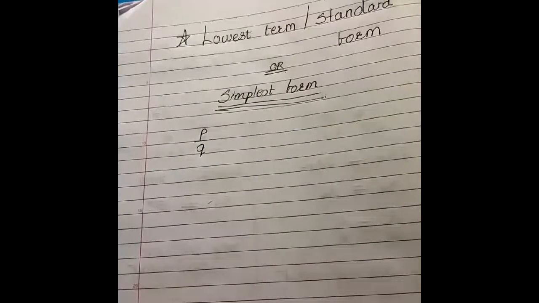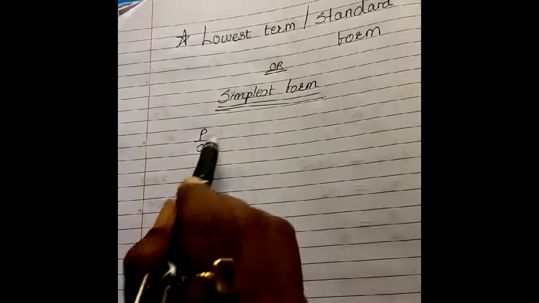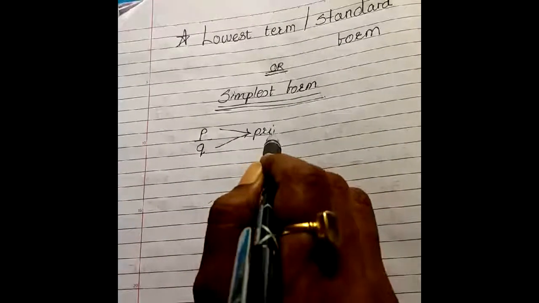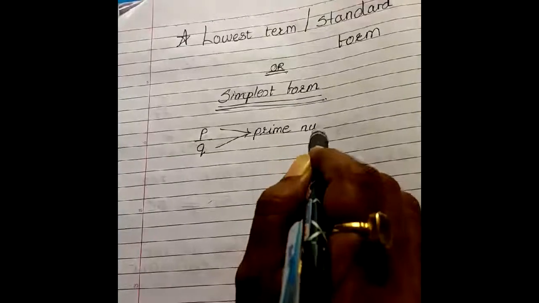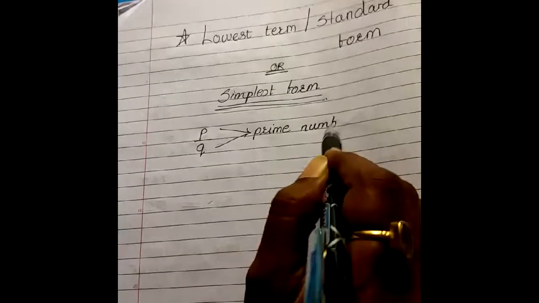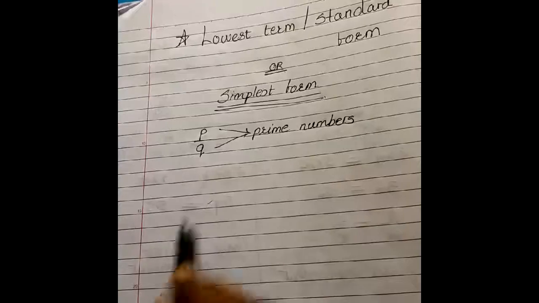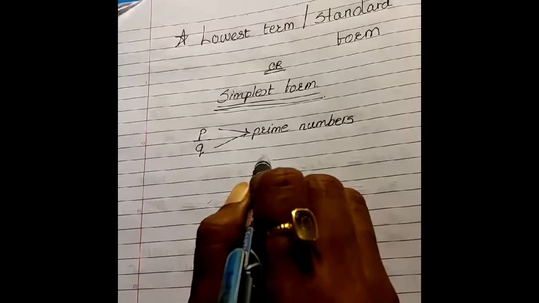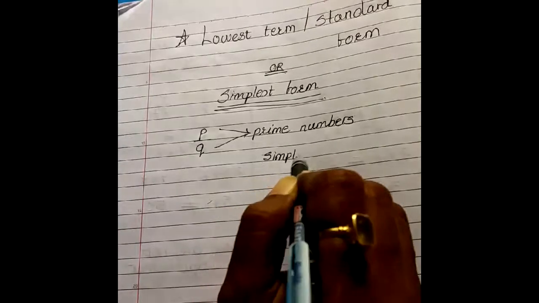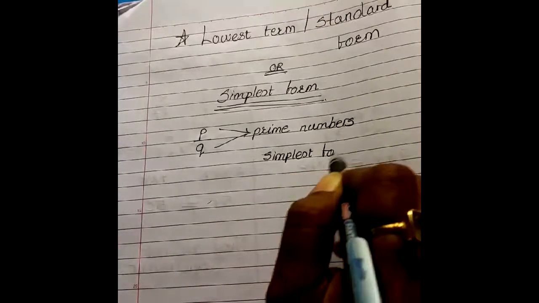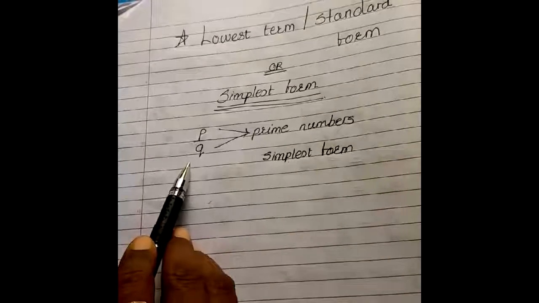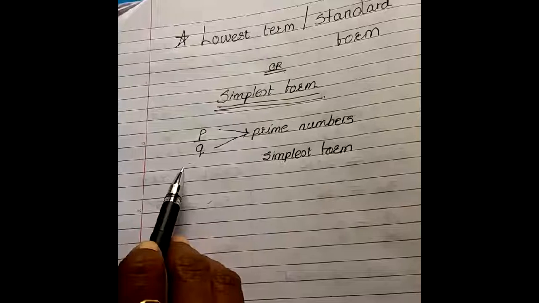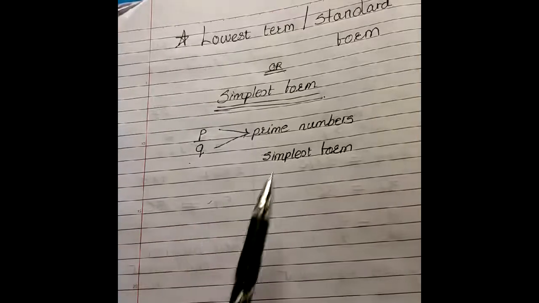All right. Now, when these two numbers are prime numbers, then this rational number is said to be in its simplest form. It means that we cannot further reduce it. Why can we not further reduce prime numbers? Because prime numbers